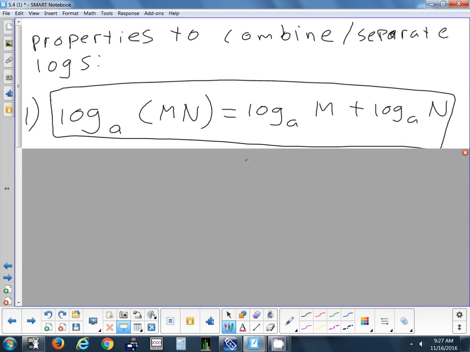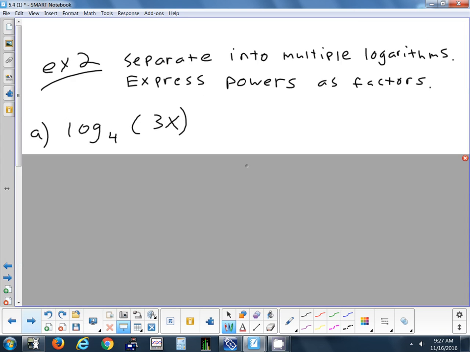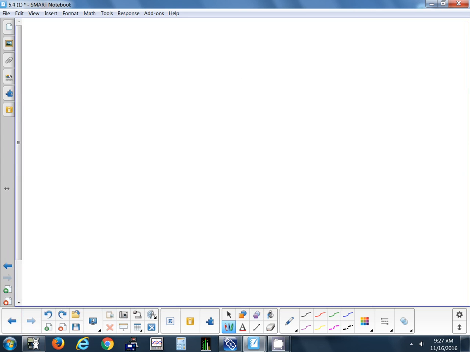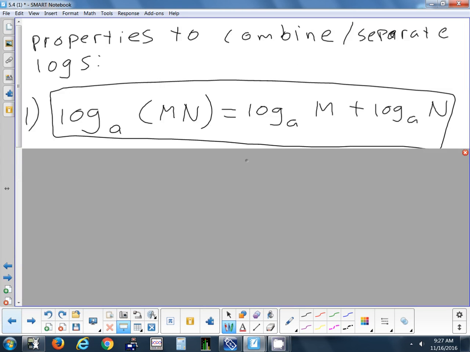split them. Okay. So sometimes you'll have a problem where you have a log and everything is grouped together, and they ask you to separate it out. Or you might have a problem with a log where it's already separated out, and they want you to put it together. Okay, so we're just going to learn the rules for doing that. Okay, so the first rule